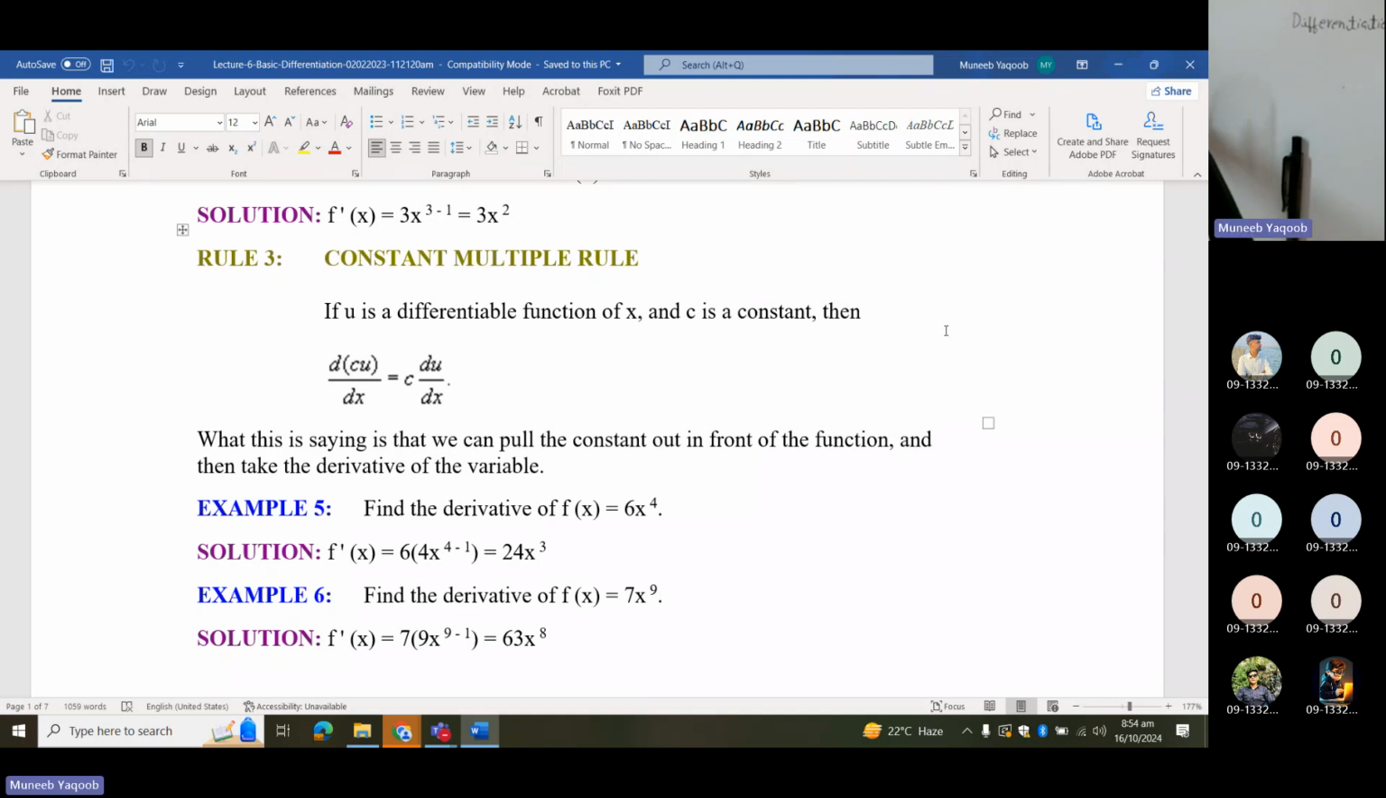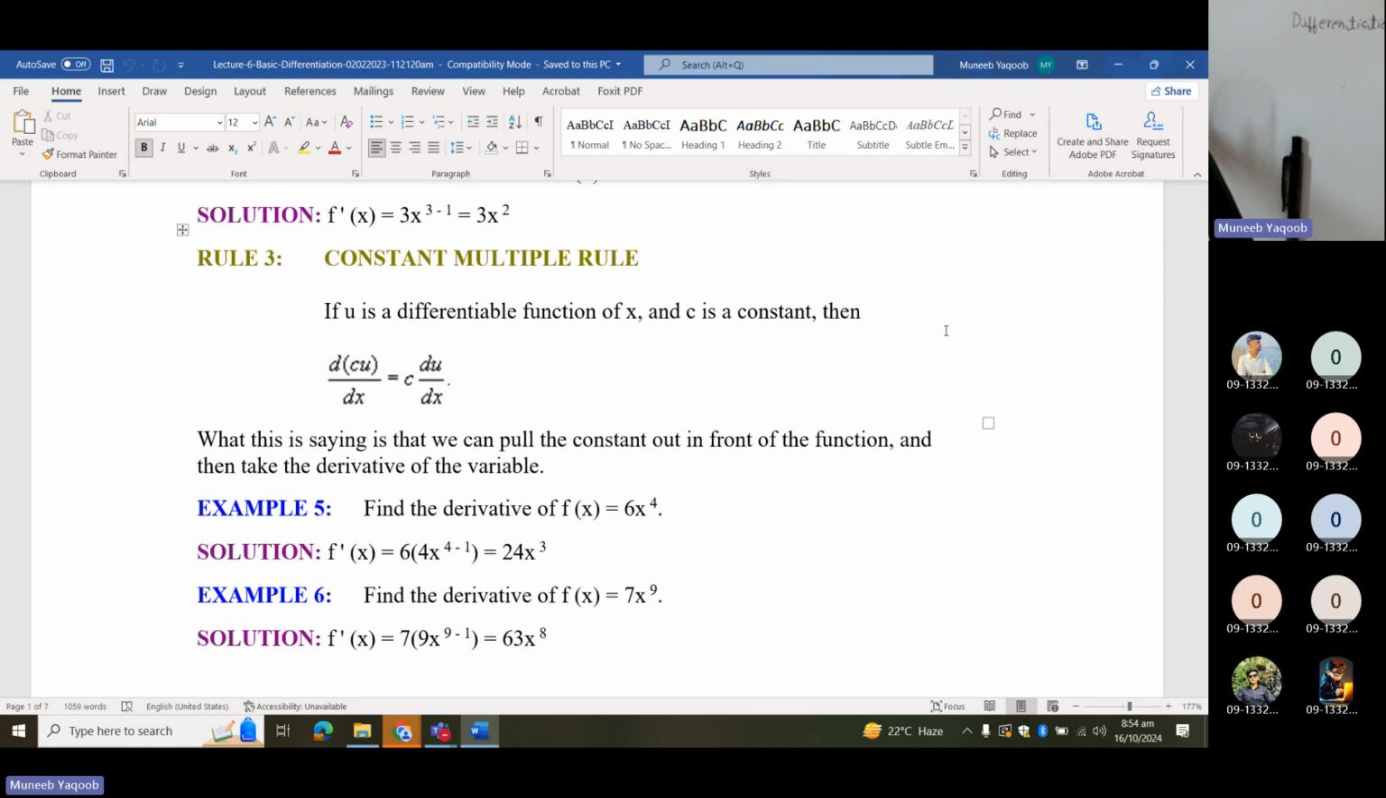Some students think that since the derivative of a constant is 0, therefore the derivative of 7 into x power 9 must be 0. But it is not the case. Why? Because 7 is not being added to x power 9. If it were 7 plus x power 9, then the derivative of 7 is taken as 0. But if it is 7 times x power 9, and we need to calculate the derivative, what we will do,